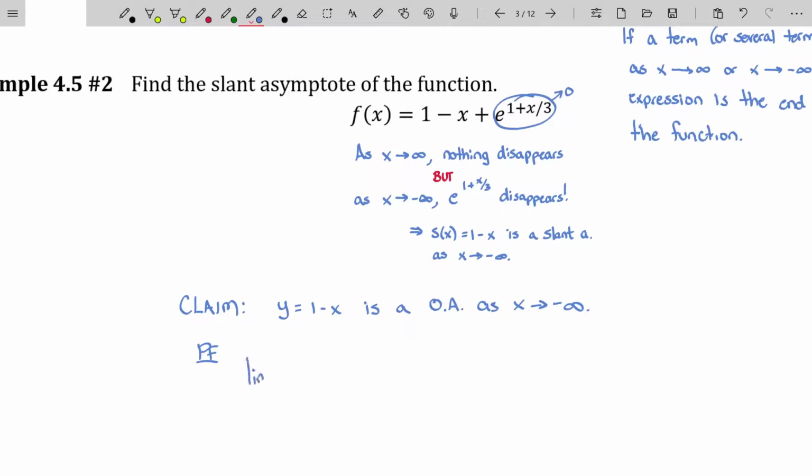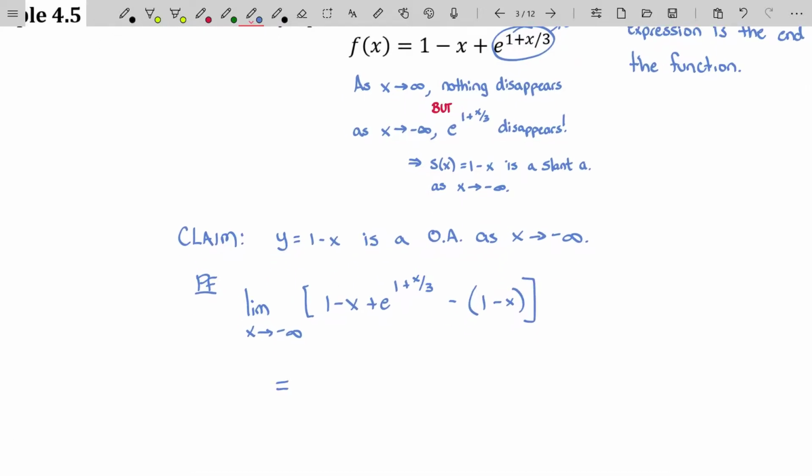So the limit as x goes to negative infinity of our function, I'll just write 1 minus x plus e to the 1 plus x over 3 minus our supposed oblique asymptote. Well, you could see that in this case, the 1s will cancel beautifully and so will the negative x's. And you're left with the limit, again, as x goes to negative infinity of e to the 1 plus x